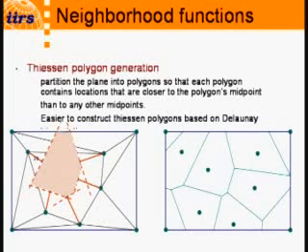Now how will I do this? Suppose I want to generate a Thyssen polygon for this particular point or weather station where the different rainfall data is there. I'll connect these points, draw a bisector on all these, then draw a perpendicular to all the bisectors and join all the perpendiculars. The moment I join, I will get a shape something like this. So you can see that by making use of Delaunay triangulation, you can easily generate a polygon with